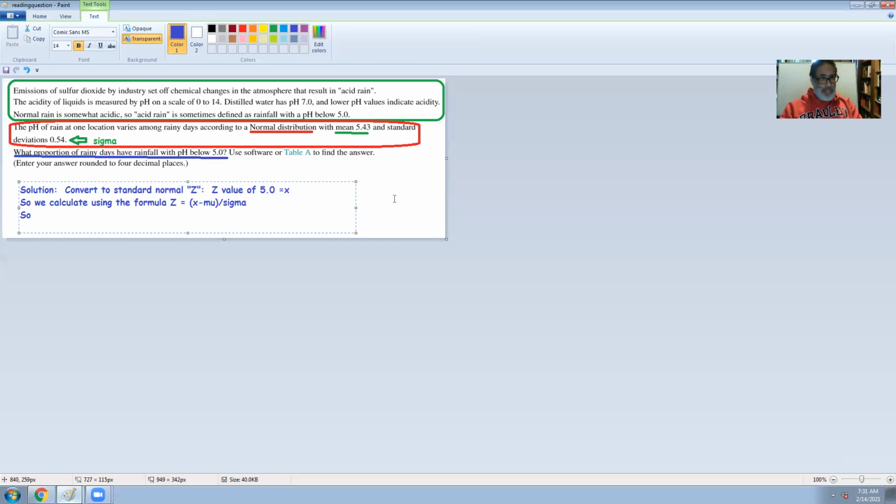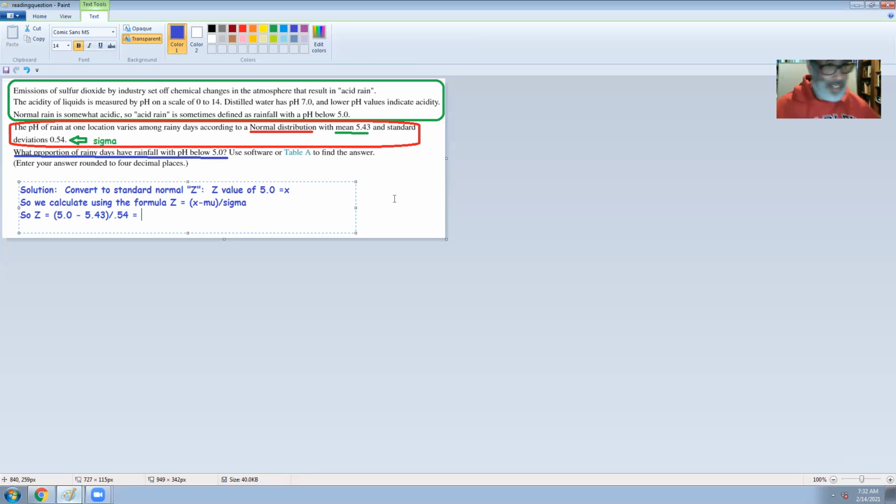So z is equal to, our x is 5.0 minus 5.43 divided by 0.54. Now we can see this is going to be a little bit less than 1 standard deviation